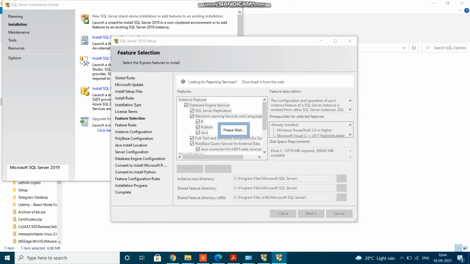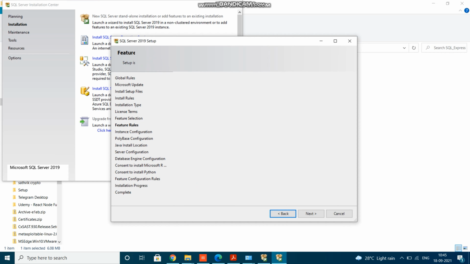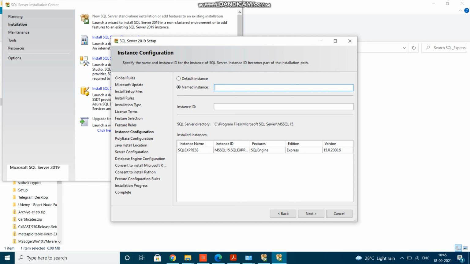So let's wait. Select the default instance, the first one. Click on next. So let's wait.